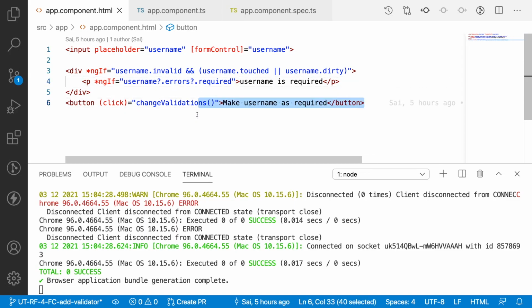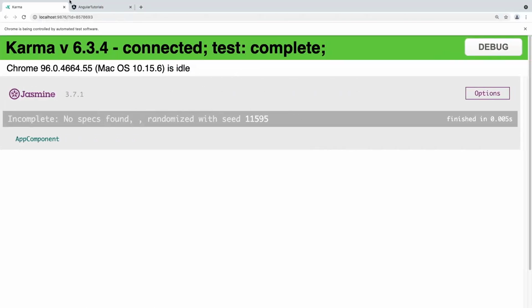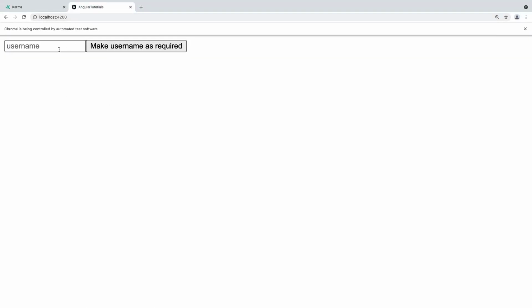Before testing that, let me show you a demo of this particular piece of code. Let me go into the browser. Here I have a username field and a button, make username as required. In the starting, whenever it is loaded, I'm touching the username and clicking outside.